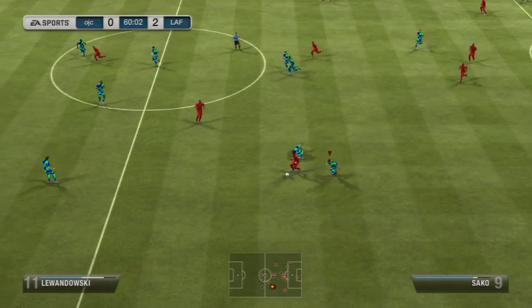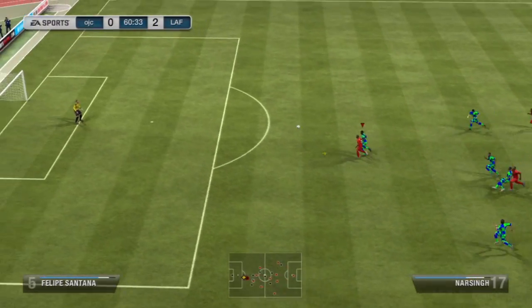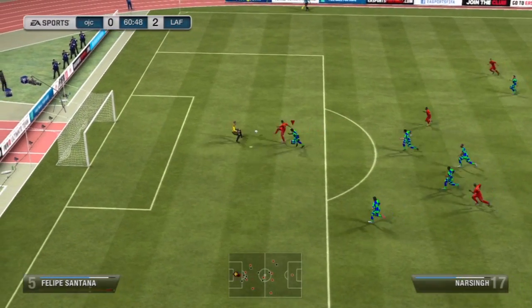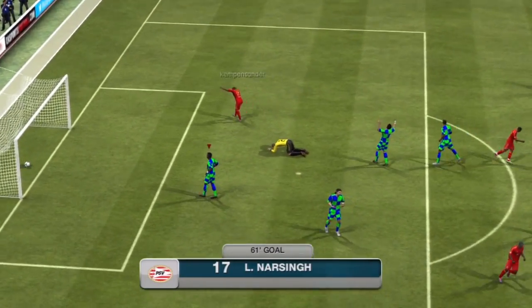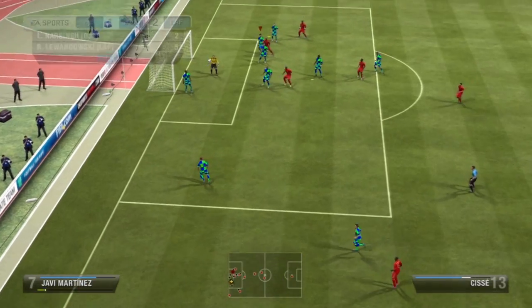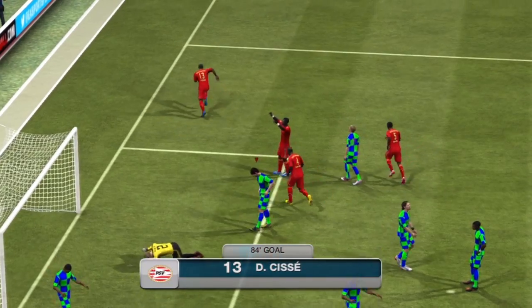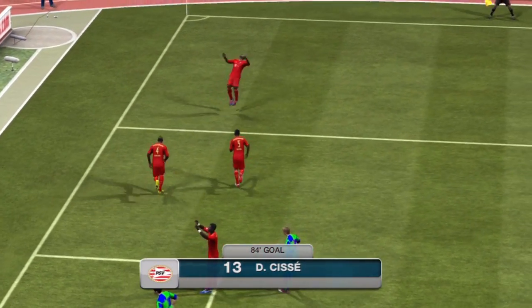But then my opponent actually came back. He had a very balanced 4-1-2-1-2 side, and this formation is pretty tough to break down in my opinion. And there a goal by Narsing. Actually don't know this player in real life, to be honest there. And then he gets a heading goal with Djibril Cissé in the 84th minute to give him the 2-2 draw,